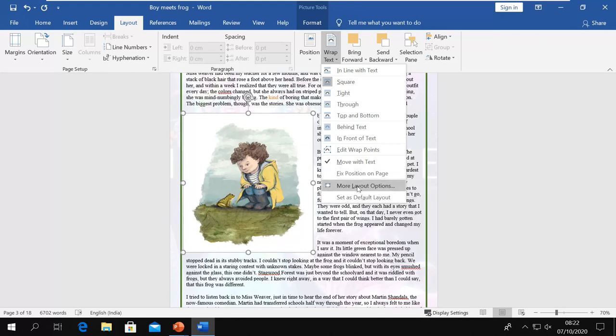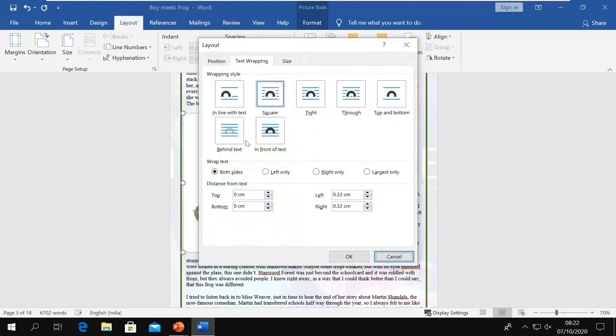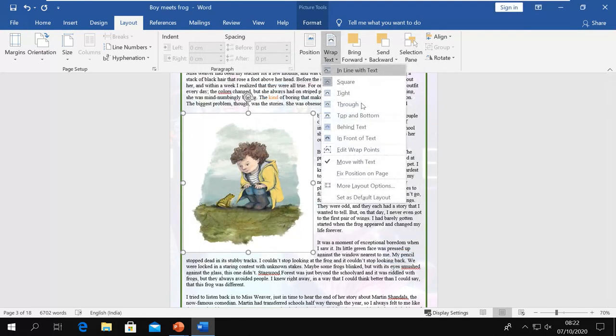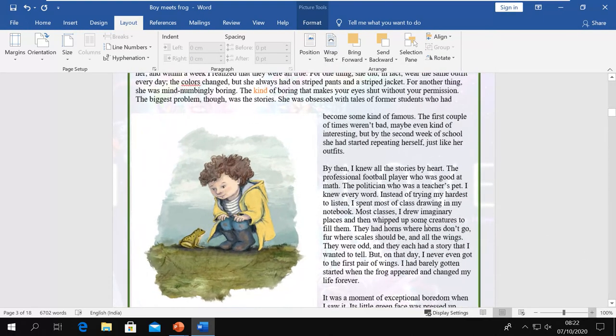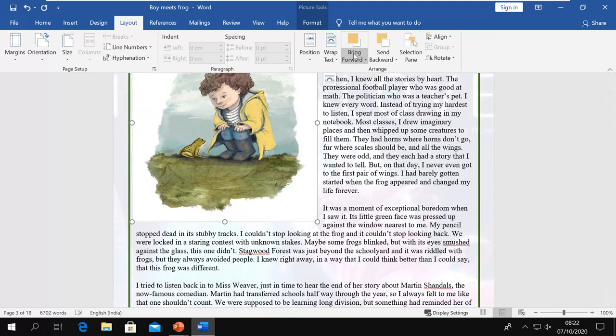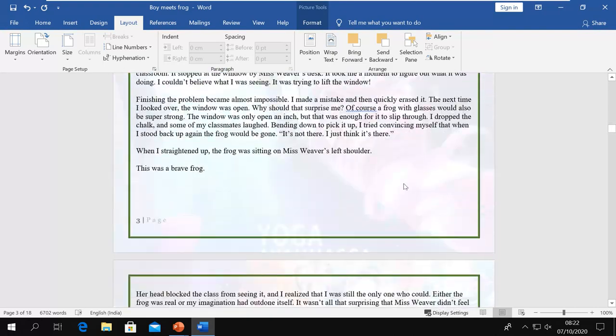I can go for more layout options, where I can choose from here, and I can even set my layout as the default also. Then there are these options to bring forward and send backward when you have multiple objects. This is a single image, so if you have multiple,